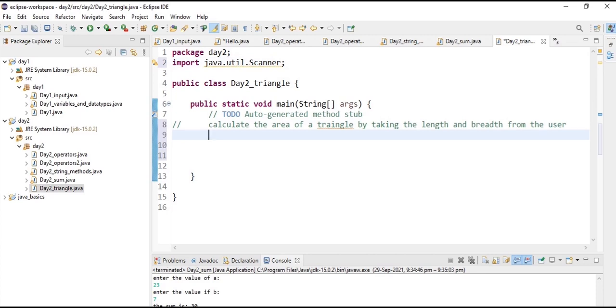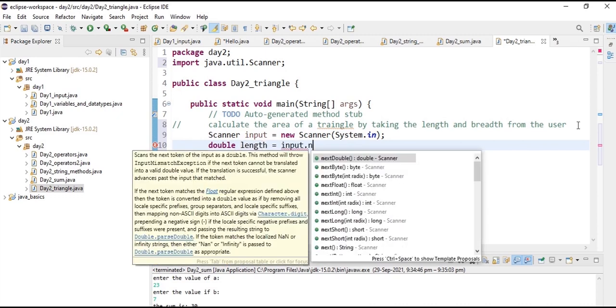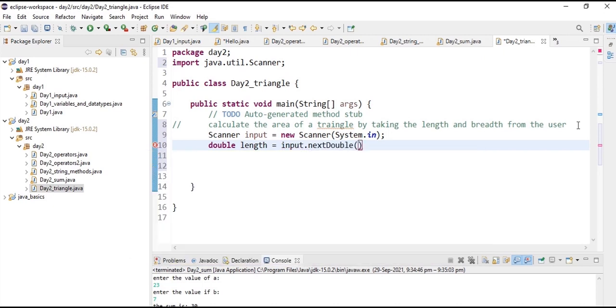So now we'll create an object, that is Scanner input is equals to new Scanner(System.in), and let's declare a variable length of double data type, that is double length is equals to input dot nextDouble, which is a method in Scanner class to take input of floating point, that is decimal numbers.